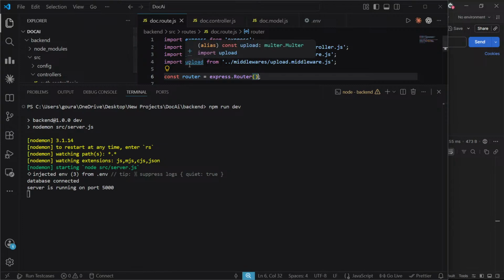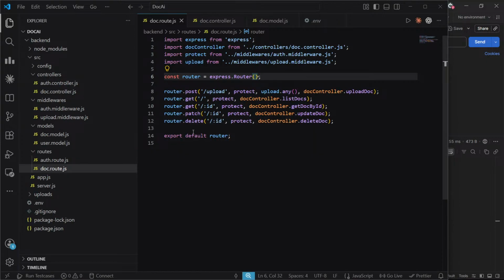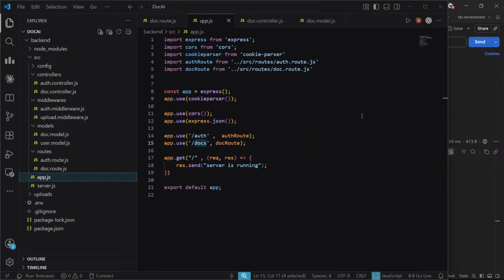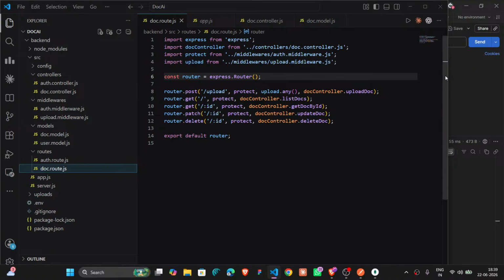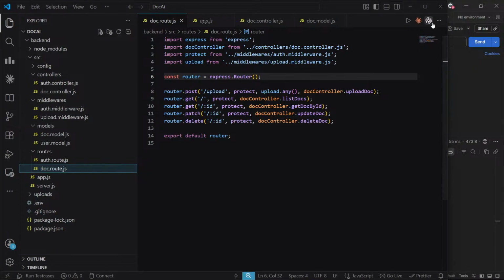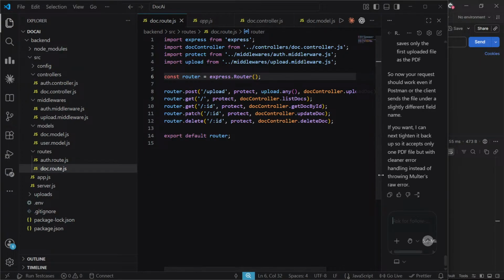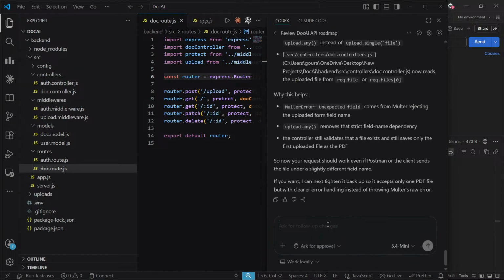I'm making a mistake in spelling or something. In app.js I have docs, and in routes I have slash id, protected. Okay, so if I send, wait.